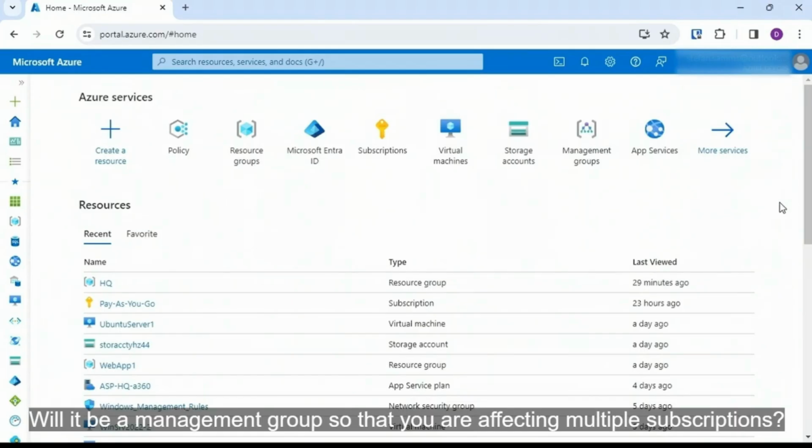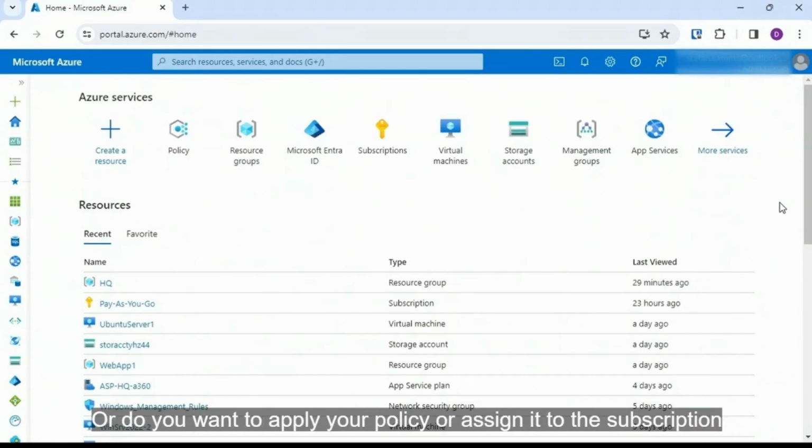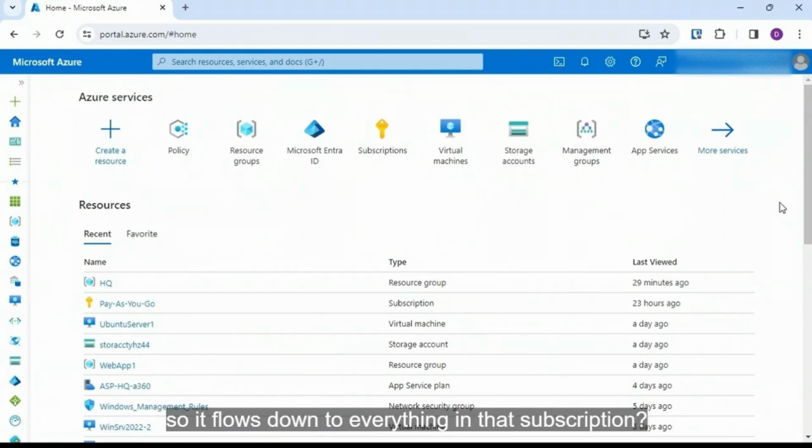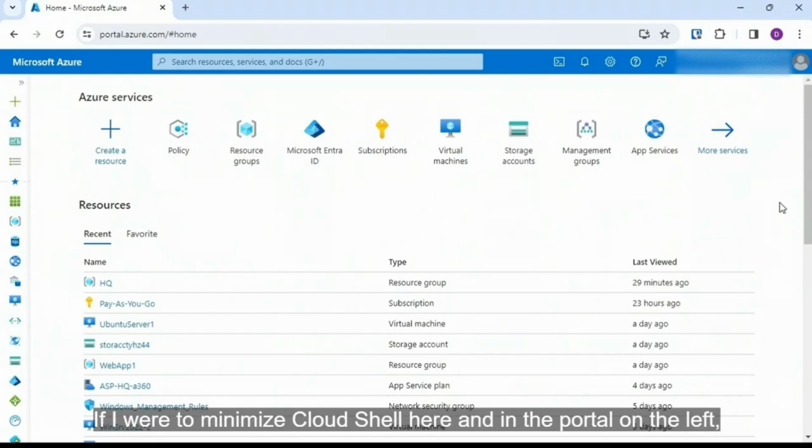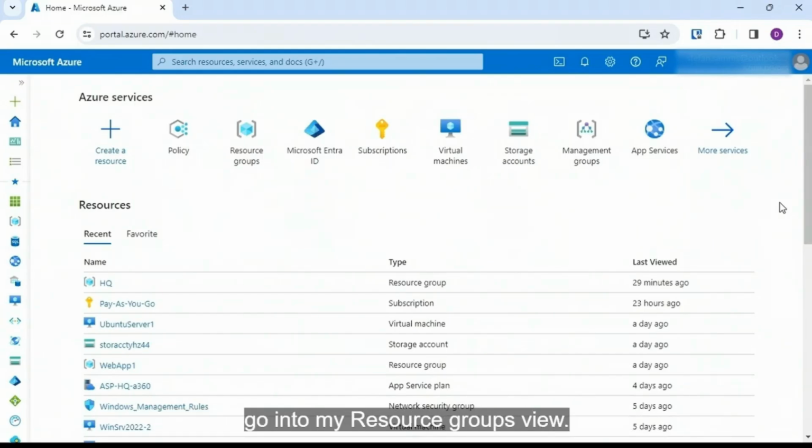You want to make sure that you take the time to familiarize yourself first with the built-in policies that are there, because there might be something you can already use. If not, just like with custom roles for role-based access control, if you have a specific need, with Azure Policy, you can configure a custom policy, which you can then assign to various parts of the Azure hierarchy, otherwise called